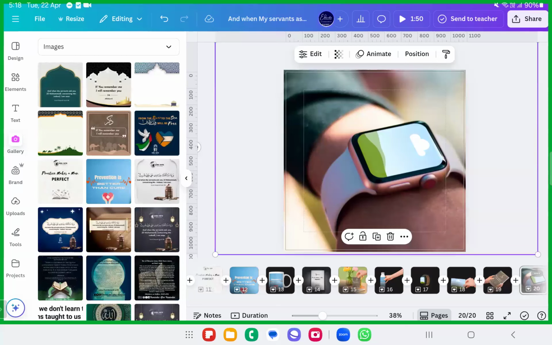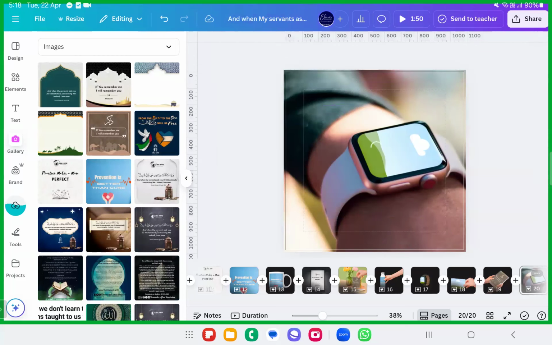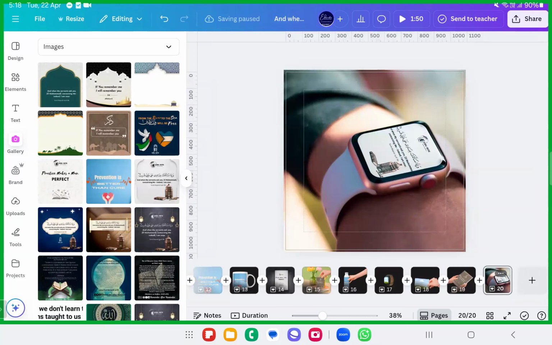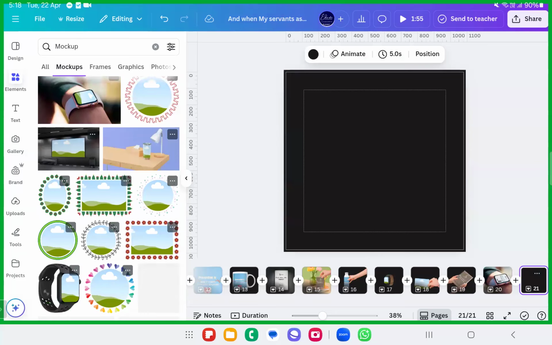Add to page. Okay, let me insert inside this within a second. Now we can easily export those. It feels like your image is put up there. Correct? Okay, hopefully all have understood this thing. Yes or no? If yes, we'll just go ahead with another topic now, inshallah. So this is called a mock-up.